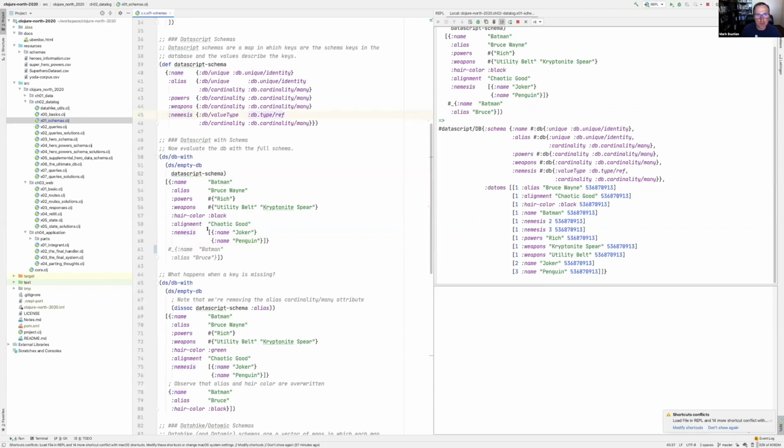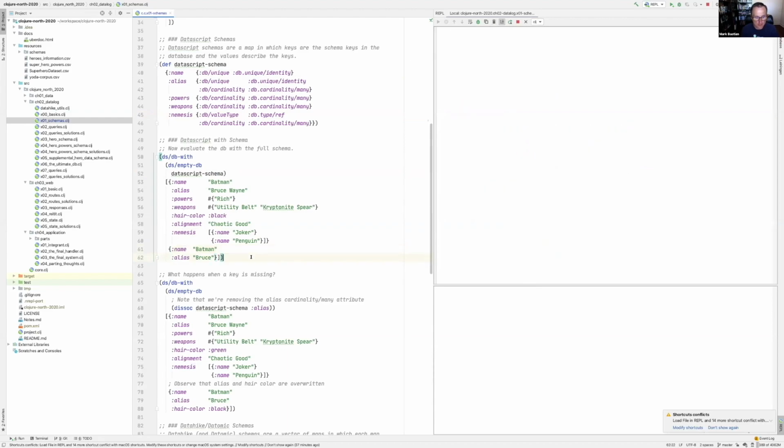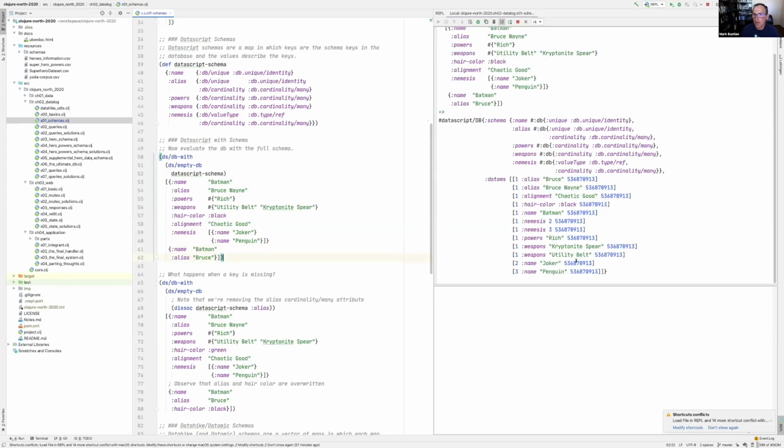So nemesis, it's going to look at this and say, oh, it's cardinality many. It's a sequence of maps, and those maps have a name, and that name has identity. Therefore, I'm going to turn this into more entities. And so on the fly, it knew to explode all that out. But what happens if I have Batman in there twice? If I do this, notice I still only get 3 entities, but my alias